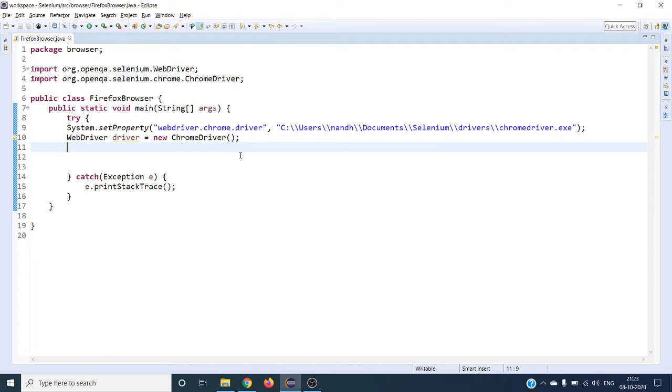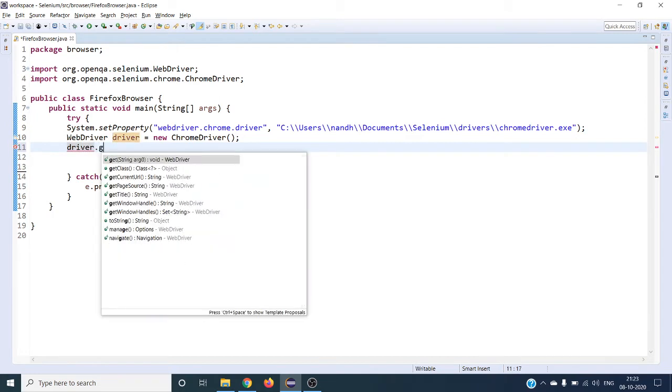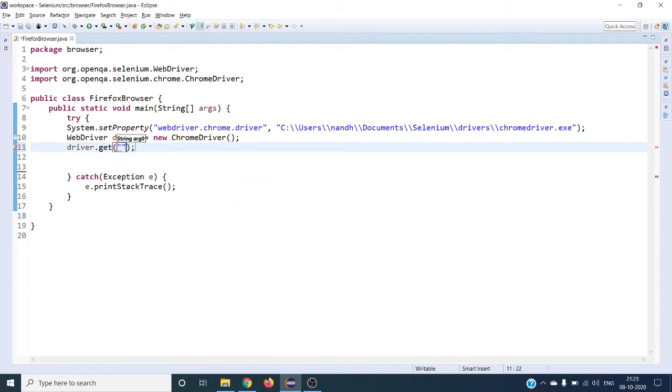So I'm going to take google.com as an example to type. So let's try driver.get. I'm going to launch google.com, https://www.google.com.